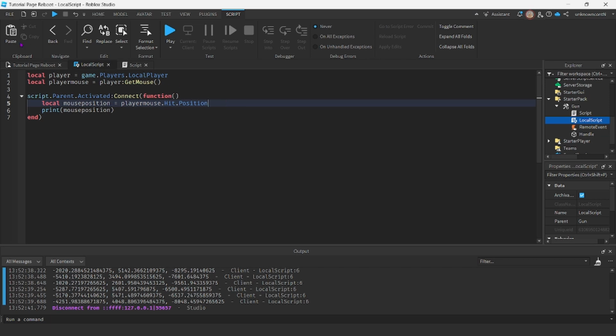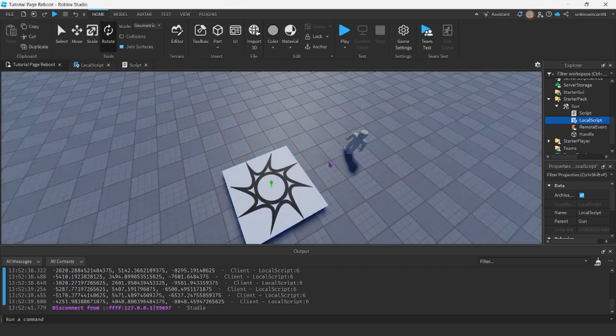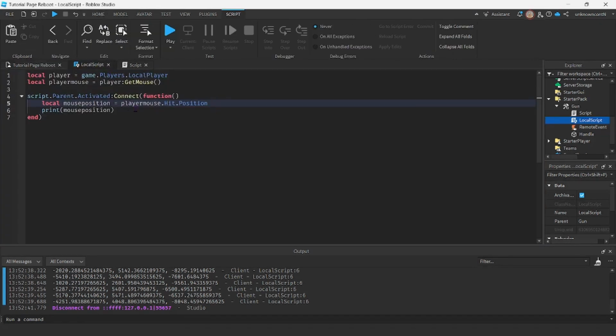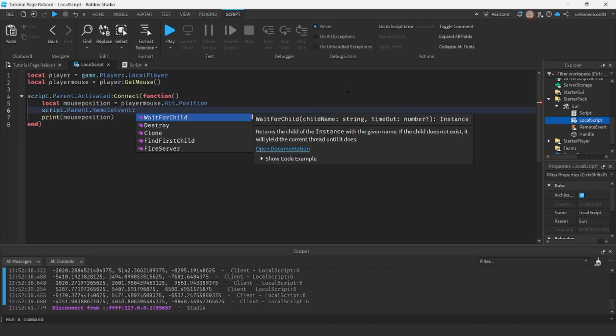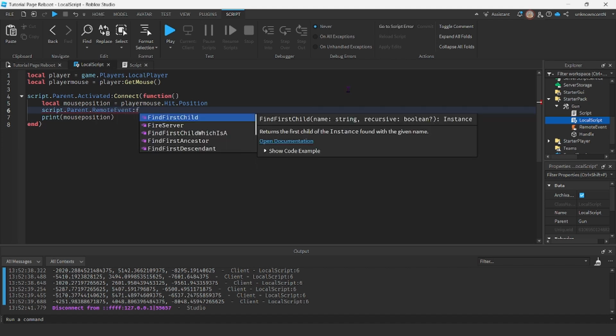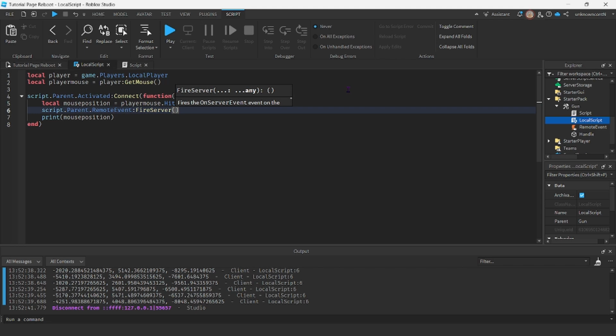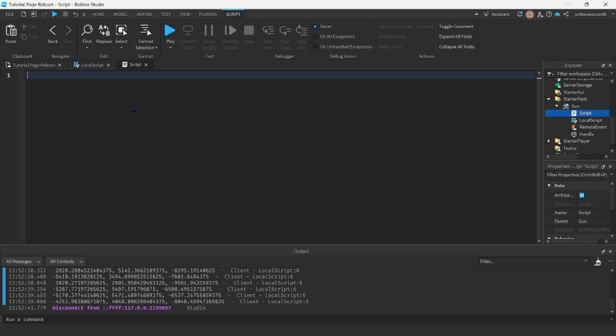So if we want to place a block at wherever our mouse is clicking, we're going to fire this remote event so we can start working within our scripts here. So we're going to say script.parent.RemoteEvent:FireServer, and then we're going to make that parameter mouse position. And then in our script, we're just going to say whenever